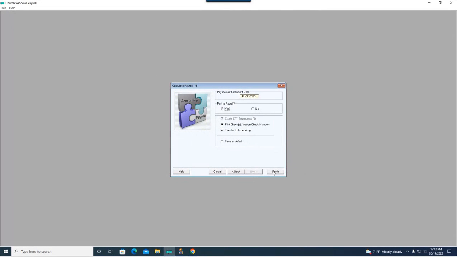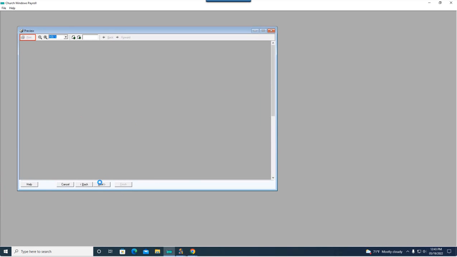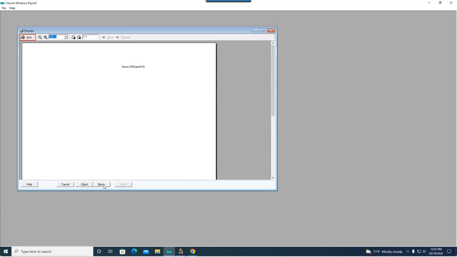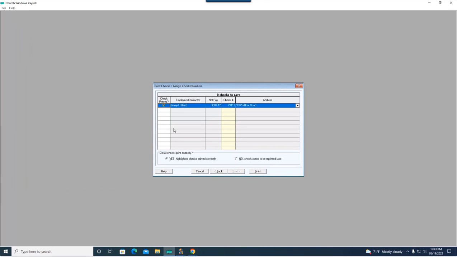I can go to next, process the pay like I would normally, print a check for him, transfer it into accounting. Okay, so let's actually do 79,112. And we're going to say we printed it. Well, we're going to go to next. We're going to print that check for him. I just want to show you folks how, when we print that to our check stock, it shows the deduction of the payroll advance. So we're now going to go to next. Yes, the check printed correctly. And now when I click finish,